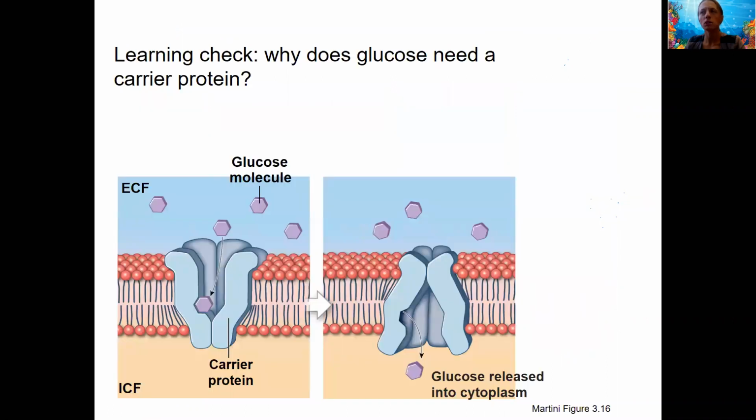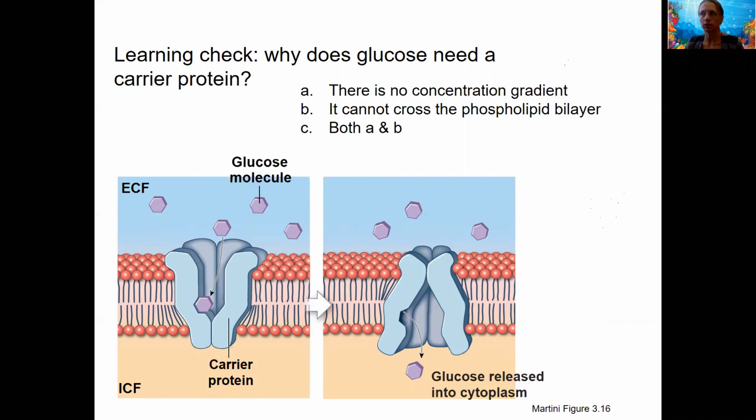Quick learning check. Why does glucose need a carrier protein? Here is a glucose molecule. This is the carrier. It needs it to get through. Why? Here are some choices. The answer is B. There is a concentration gradient in this situation. There wouldn't always be, but in this situation there is. However, glucose cannot cross the phospholipid bilayer. So this facilitated diffusion is what is shown here. That is, when something cannot cross the phospholipid bilayer on its own,